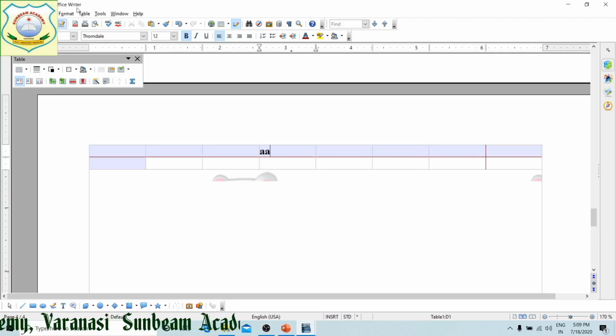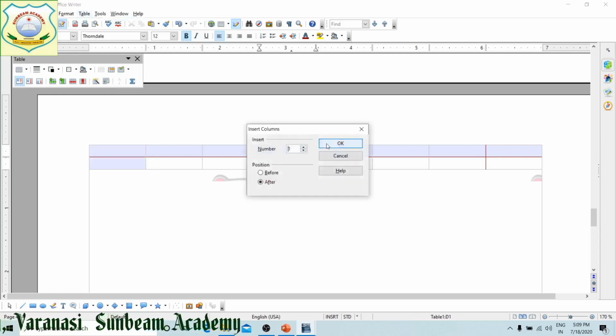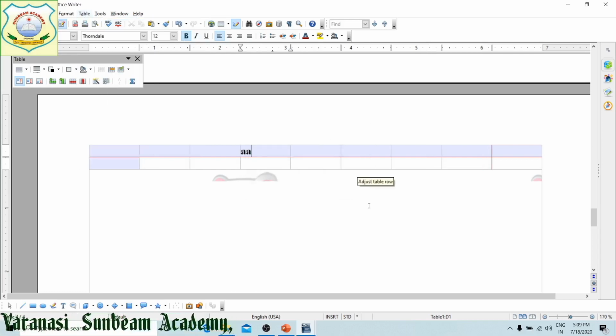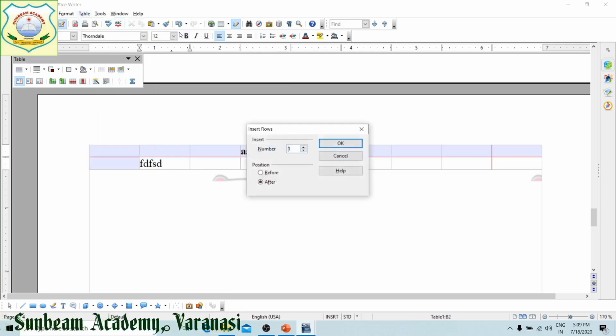Suppose I have done after, insert column after, it is at the same place, one more column has been added. Now my cursor is here, I have written something, table, insert row. Row, before or after? I need after.